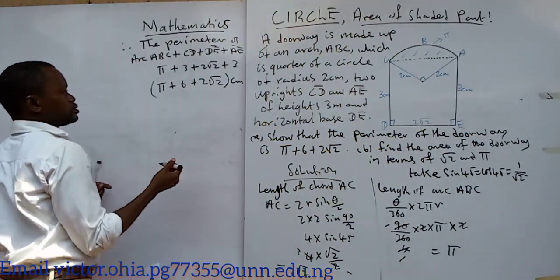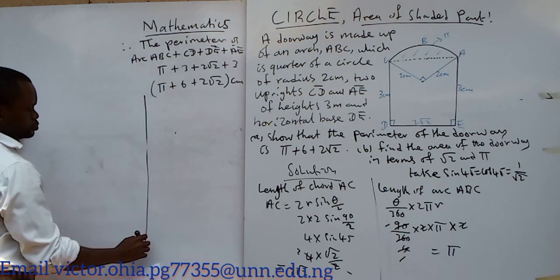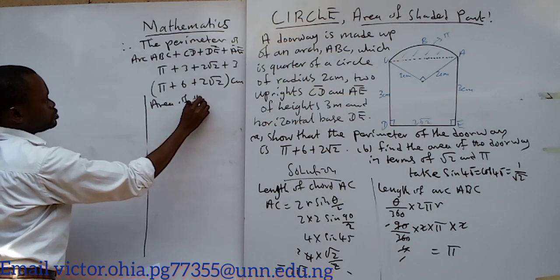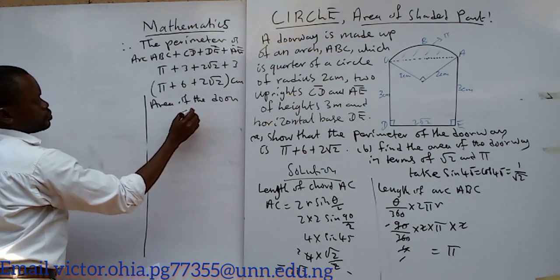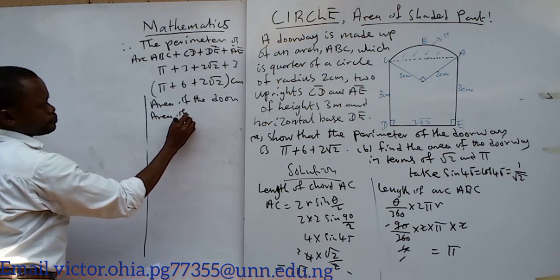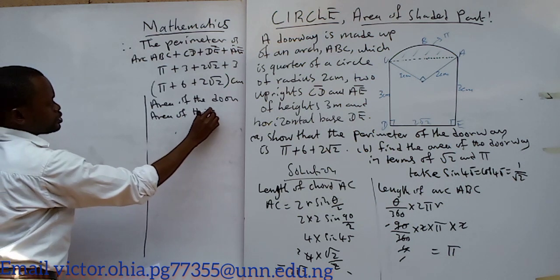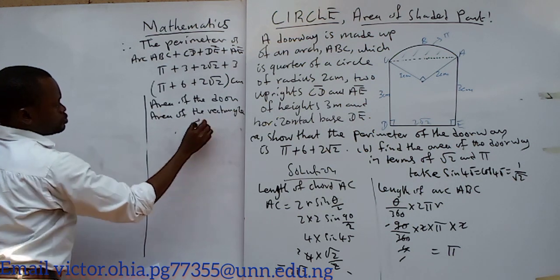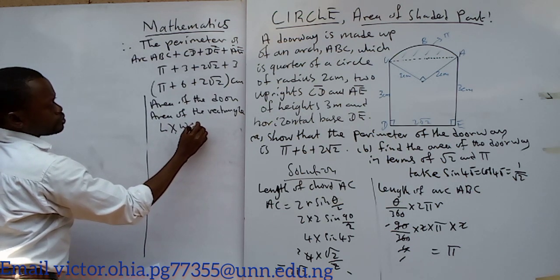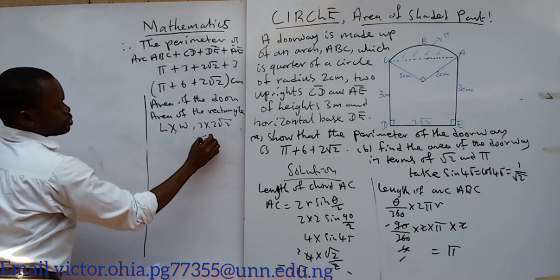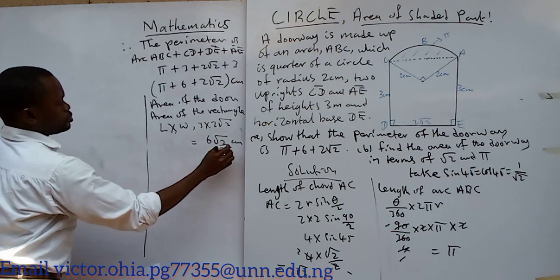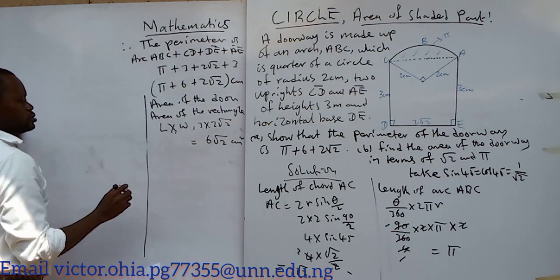let me go to that. So I will start with, I will say the area of the door is the area of the rectangle, which is length times width, and that will give me 3 times 2 root 2, which will give me 6 root 2 in cm squared. I'll keep that. Then